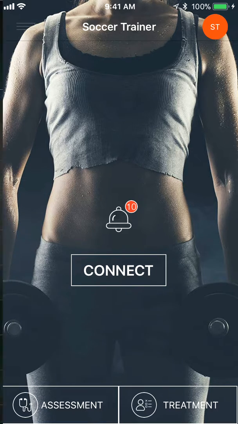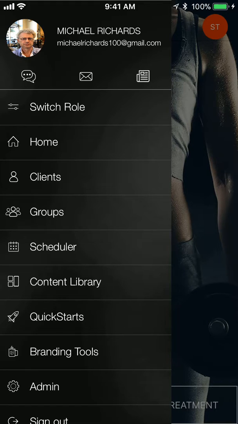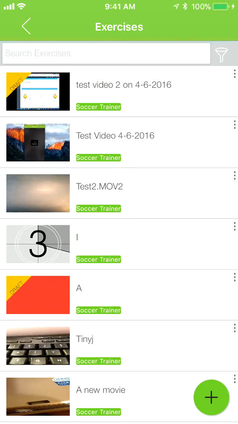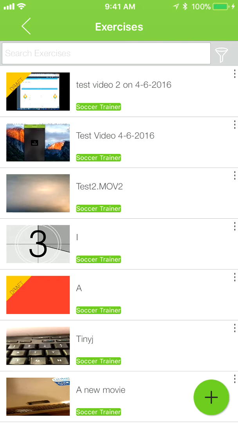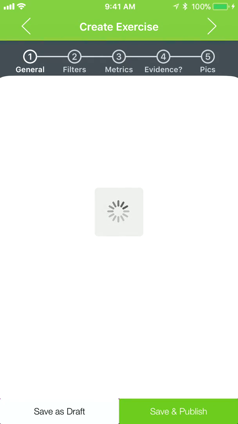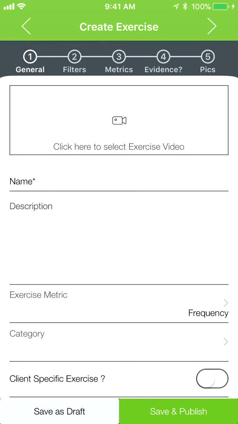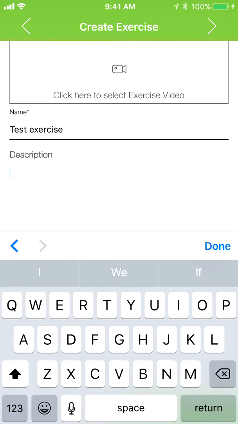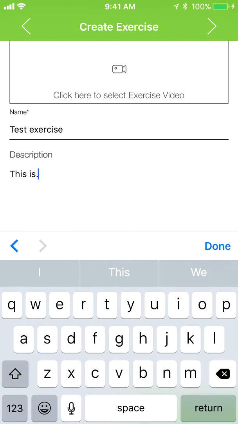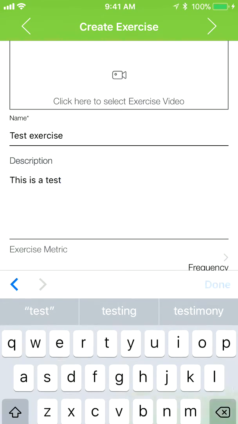So, once again, we're going to select those upper three lines, upper left, and then content library, and then exercises. So you're going to see all of the different exercises depending on the search filter you've selected. But if we go ahead and press the plus button, you're going to see the different options we go through here. First thing I have to do is name my test exercise, and preferably spell it correctly. And I can then put in a description,